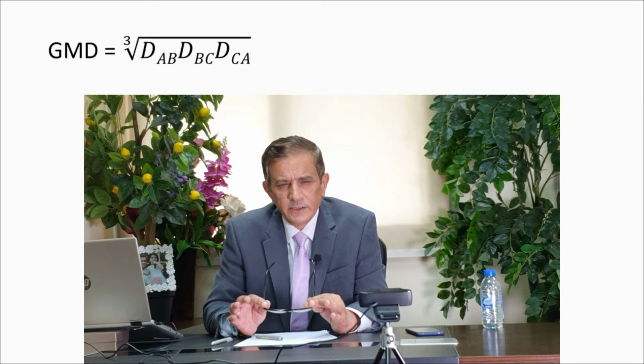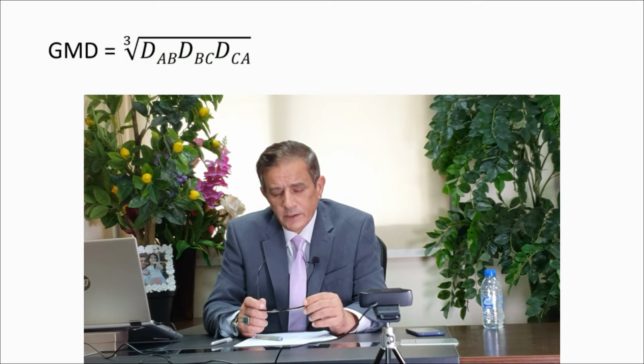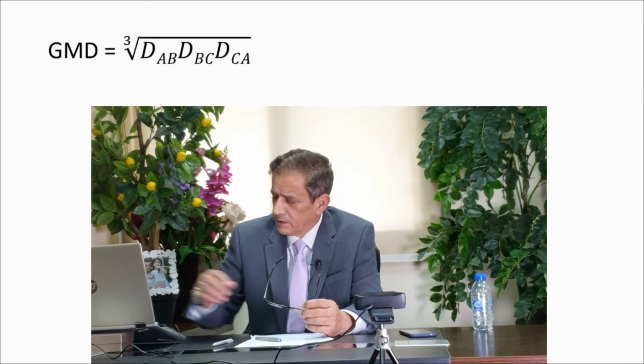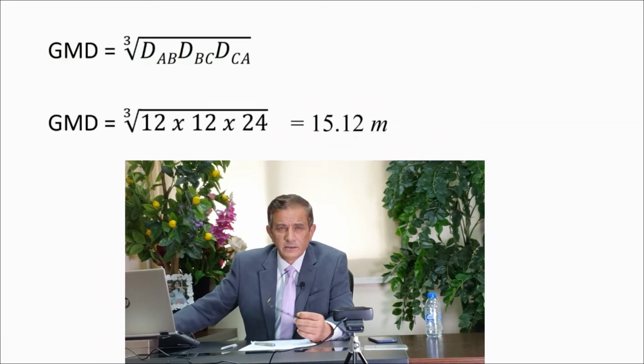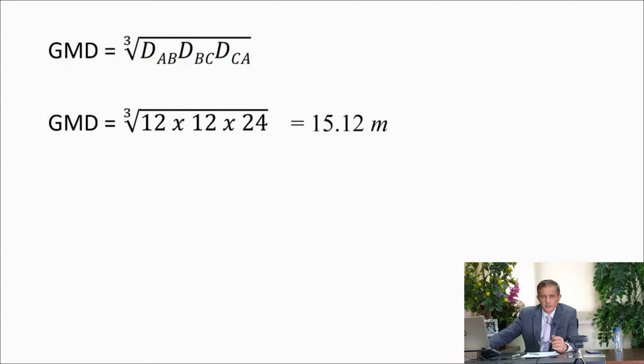The basic thing is the distance between the phases to the power of 1/3. Distance between phase A and B, B and C, C and A. These are given here: 12, 12 and 24. Simply like this, this is the GMD. Multiply them to the third root and we'll get the geometrical mean distance. RB,